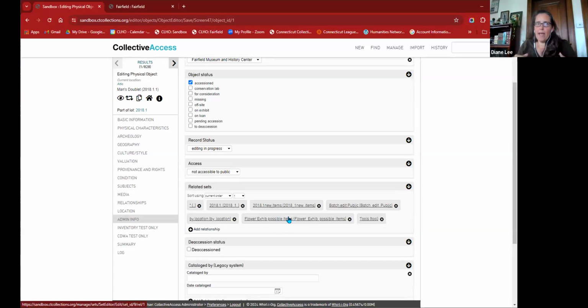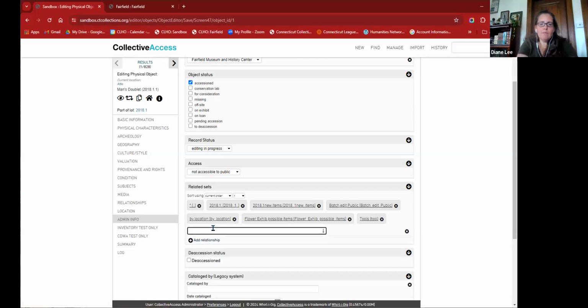That's a really quick way to add things in, like if you trip across something interesting that you need to add to something. To do this, the set needs to be created first. There is an option that'll tell you to create it. It's very clunky this way and doesn't always work the way you want it to, because you'll go in, create it, name it, and then when you save it, it doesn't save the name. It's really weird. I find it easier just to go in and create the set first and then come back and add the object. So for purposes of this too, I'm going to copy this number,